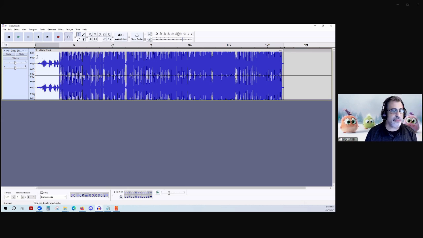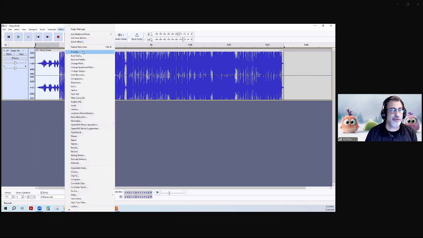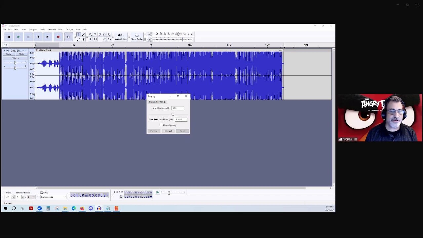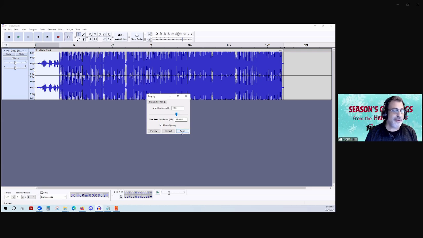Now let's say that I did amplify. We'll go back to amplify again. This is where the nuances are, this is where the differences are: it'll say allow clipping. Here I have a slider, and you'll notice it tells me what my amplification level is. As long as I stay below 0, it's going to allow me to apply it. If I go above 0, you notice it's grayed out. If I hit allow clipping, it's going to allow me to do that. I'm not going to do that because it's painful, but just think about guitar distortion. That's what you're going to get.